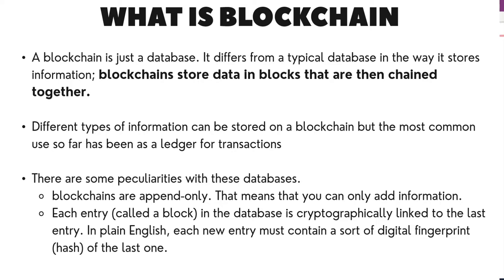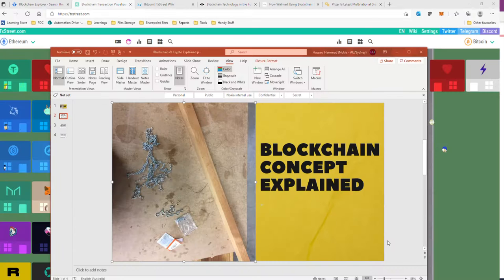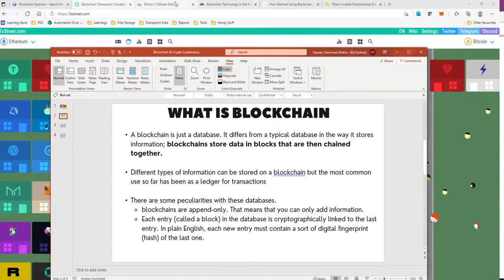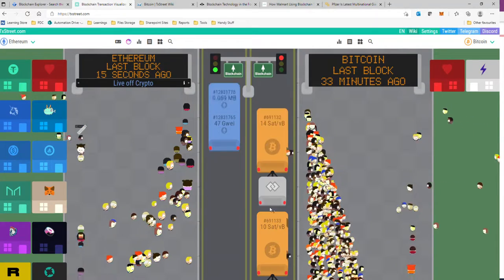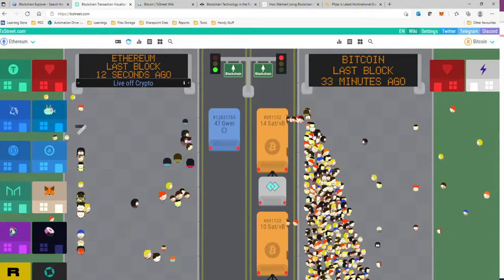So any new block which we create today will be connected all the way to the very first block. If you go back to the visual that I was showing you, you can see the current block number at the very top is